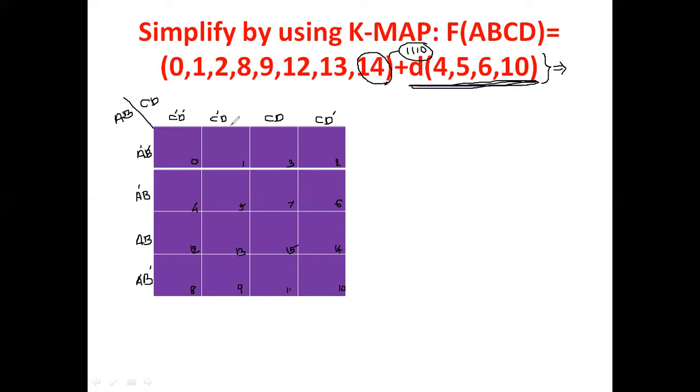Then the next step, after drawing the Karnaugh map, is to mention the cell values 0, 1, 2, 3 like that. Fill the Karnaugh map. Since it is a SOP problem, all the given numbers are to be filled as 1. So 0 is given, so 1. 1 is also given, 1 to be here. 2 is given, this is the 2, so here 1. And then 8 is given, 8 is here. Please listen carefully. 9 is given, so I filled 9 here. And then 12.